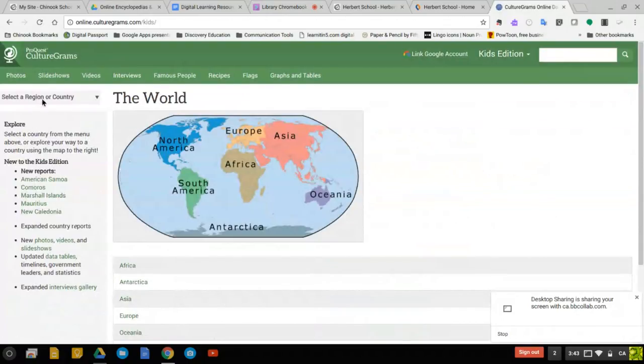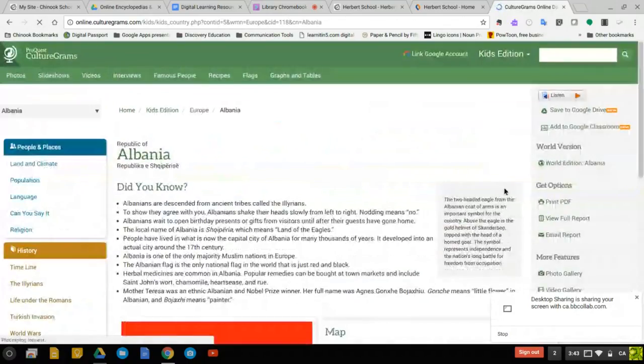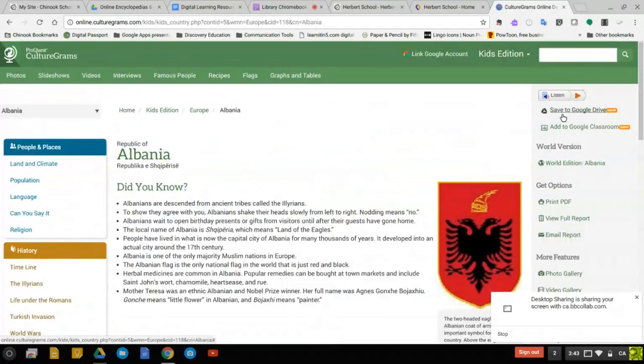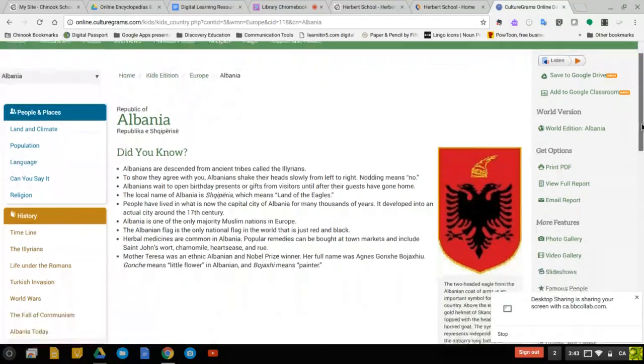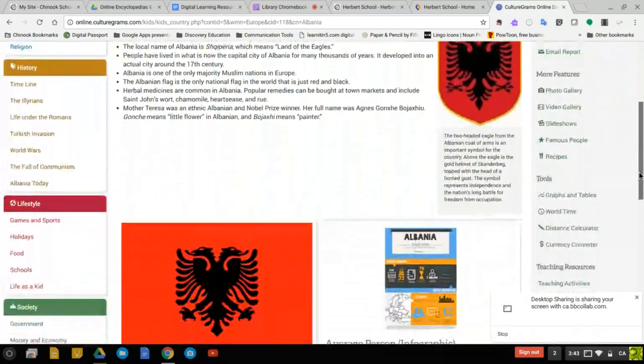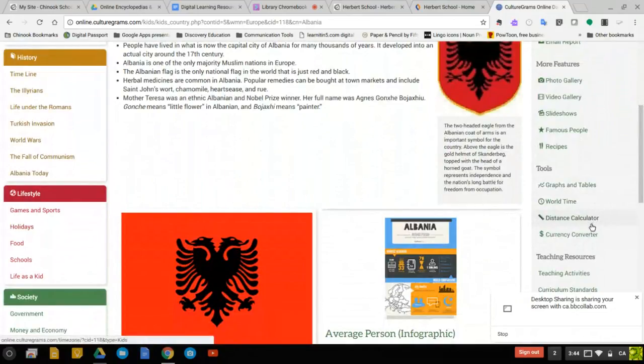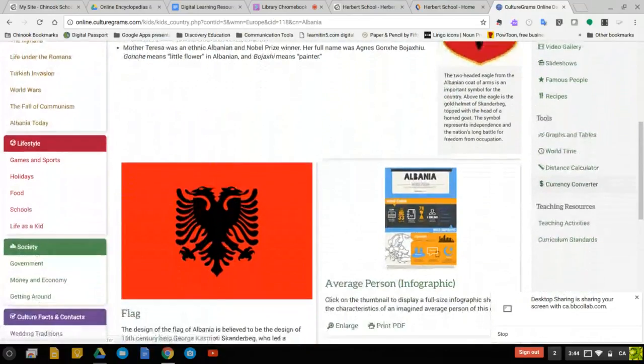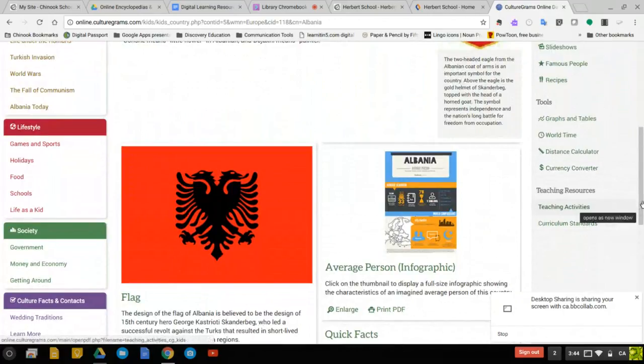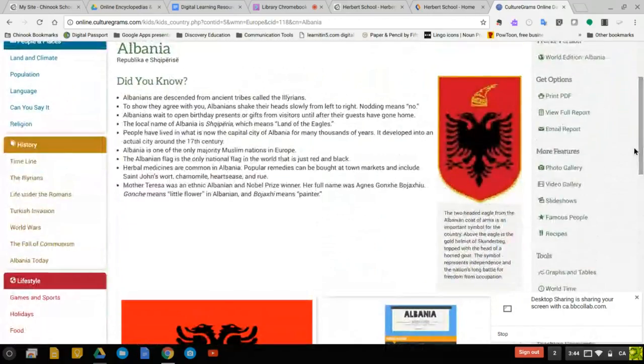Most of this, I go back to a country, and this is quite standard for most of our databases and encyclopedias. You can save it to Google Drive now, possibly adding to your Google Classroom if you have that set up. You have a text-to-speech feature so that students can listen. Okay, here also are distance calculators, currency converters, and there are some teacher resource activities available in there. I'm going to move on to